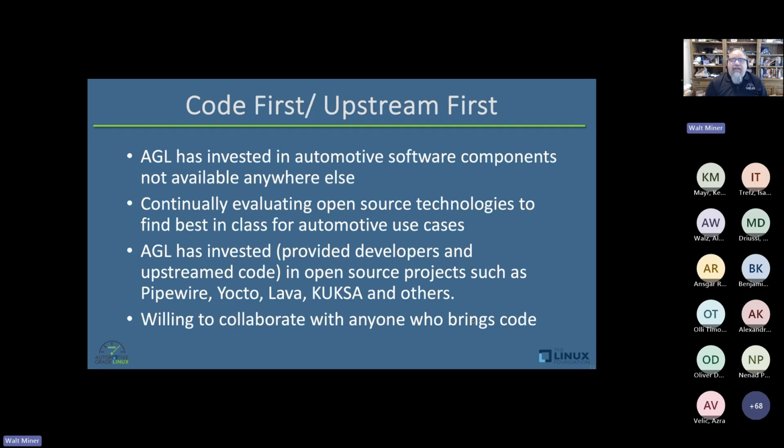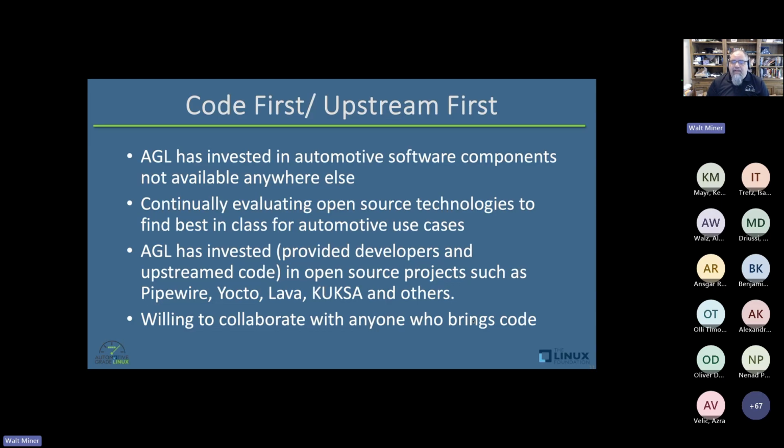Like I said, we're code first, and importantly, we're upstream first. So we're trying not to reinvent the wheel. There have been a lot of other projects, and AGL suffered from this at first, when there were not necessarily components that were automotive quality or that met automotive requirements. If you go back 10 years, I had a slide I've shown in other places about the evolution of AGL. But we've invested in the last 10 years in automotive software components that were not available anywhere else. We're continually evaluating new technologies, open source technologies,